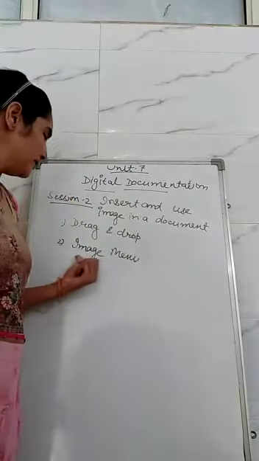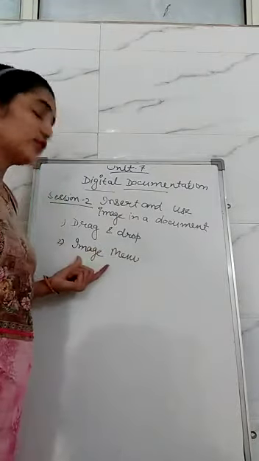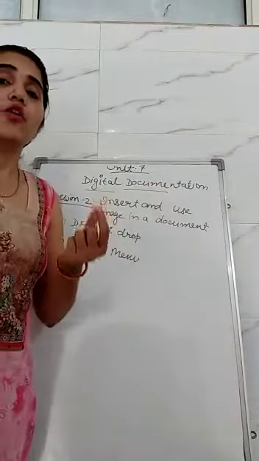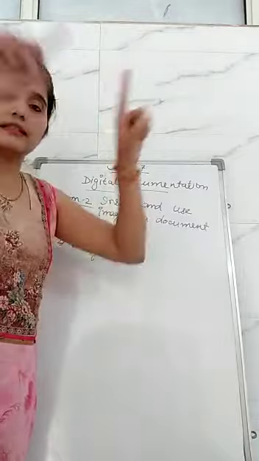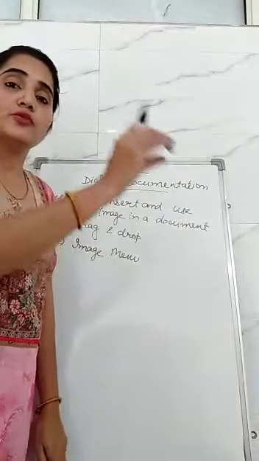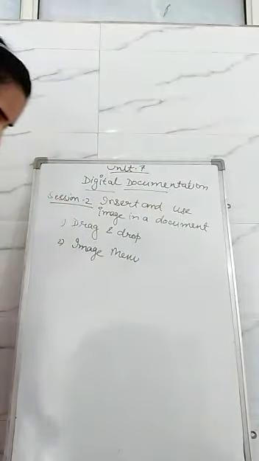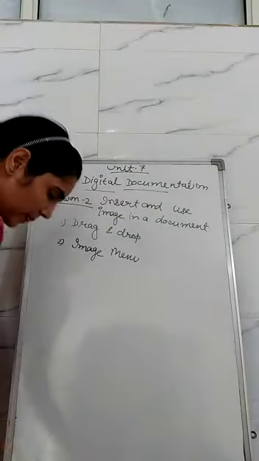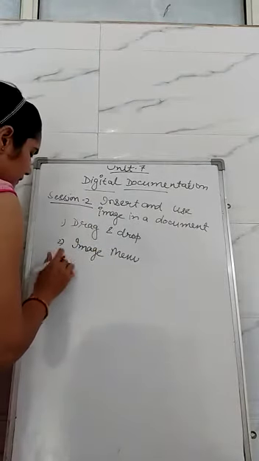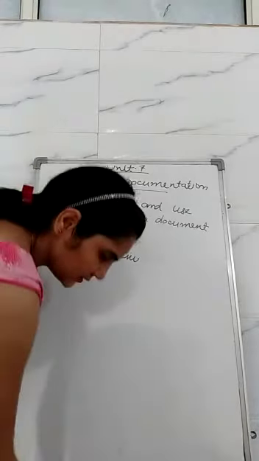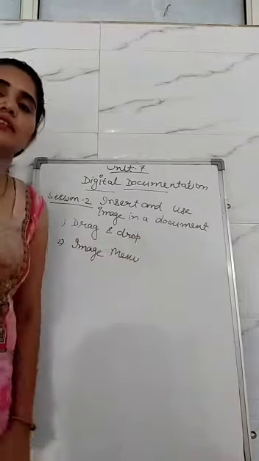In the menu bar, there is a separate menu to insert an image. We just click on image, then we find the option to insert image. When we click on it, the insert image dialog box will appear. You just select the image from your computer and then click on insert. And now the third one is... these are the two methods by which we can insert the image.